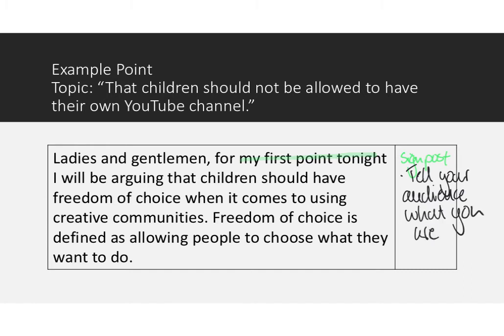And you need to do this throughout your speech. My first point is... now I will be moving on to my second point. My second point is... to conclude my speech, right? You need to make sure your audience is really aware of where you are in your speech, okay? So you can see, really basic way, introducing your point should be just 1 or 2 sentences, and then you